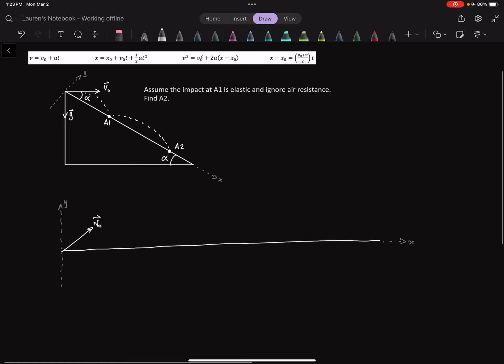And that would make gravity acting at 90 degrees from that, right? This is the angle alpha that we're given, making this also the angle alpha. And this is going to fly to point A1 here, and then bounce. And if you can imagine in your head, a very hard ball perhaps bouncing against a very hard ramp, impacting elastically,